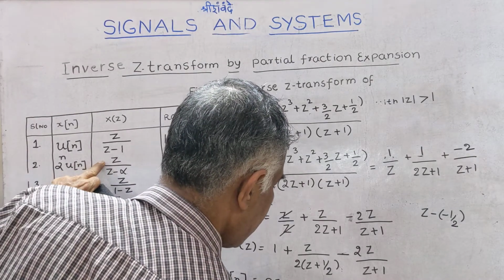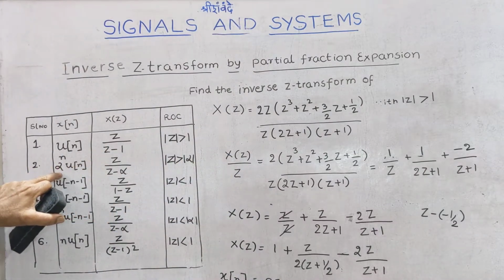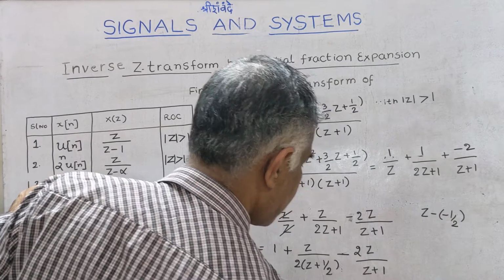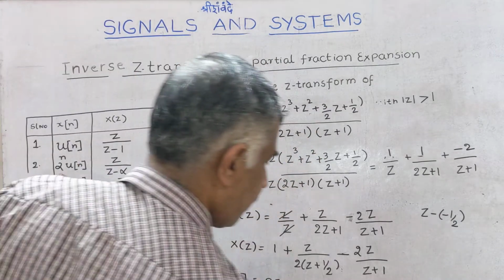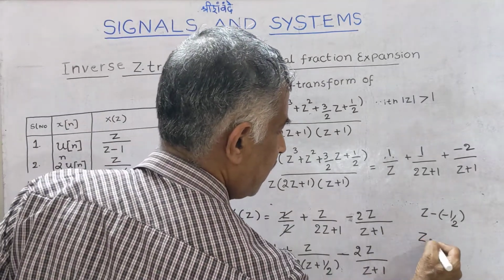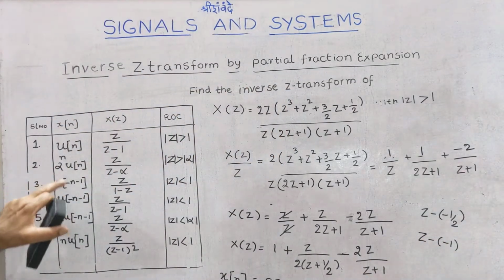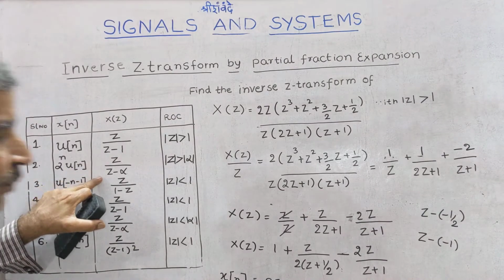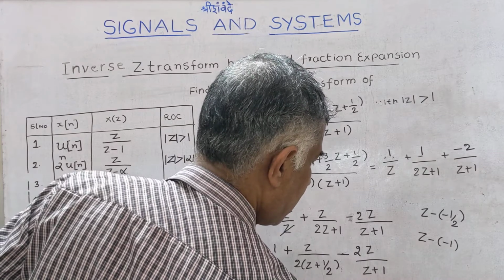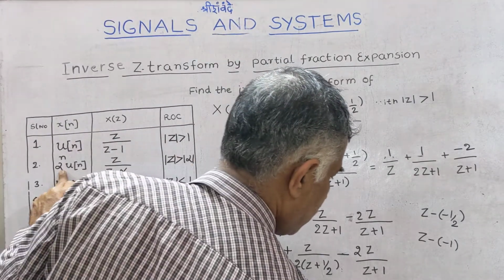Therefore, minus half to the power of n u of n. Minus 2: here also z plus 1 is written as z minus of minus 1. Therefore, same expression: 2 into minus 1 to the power of n u of n